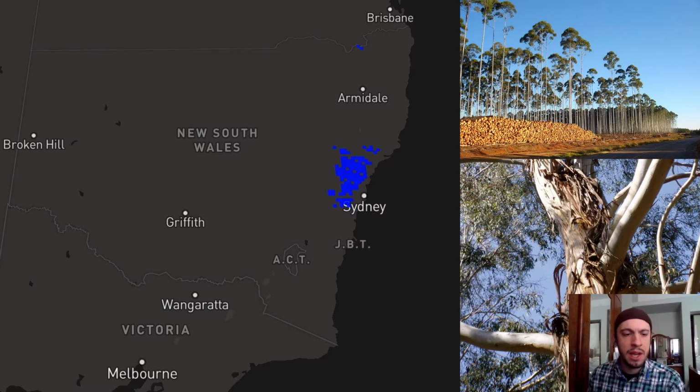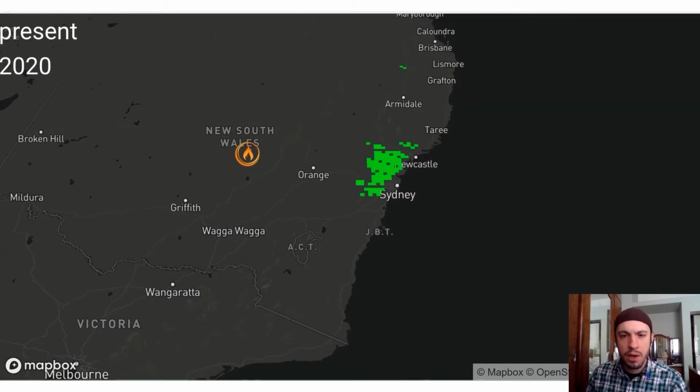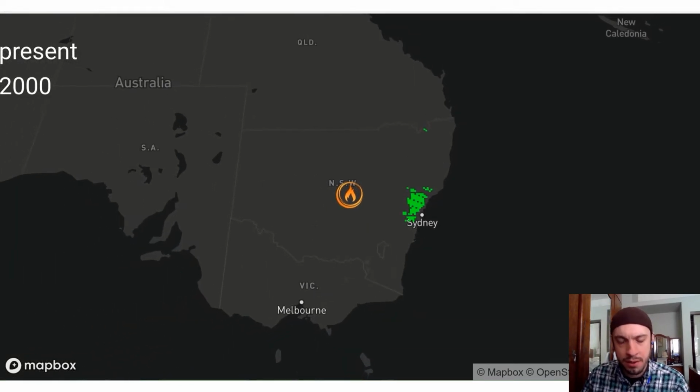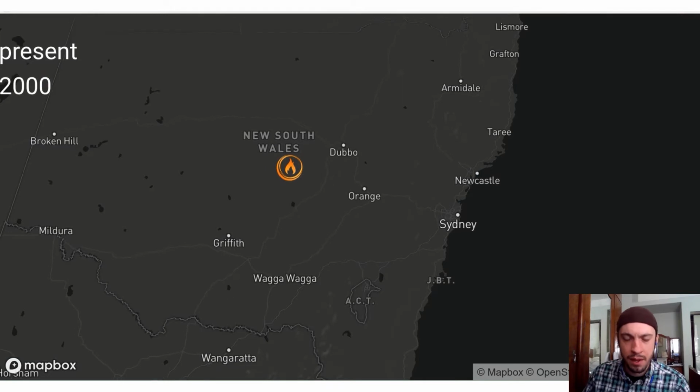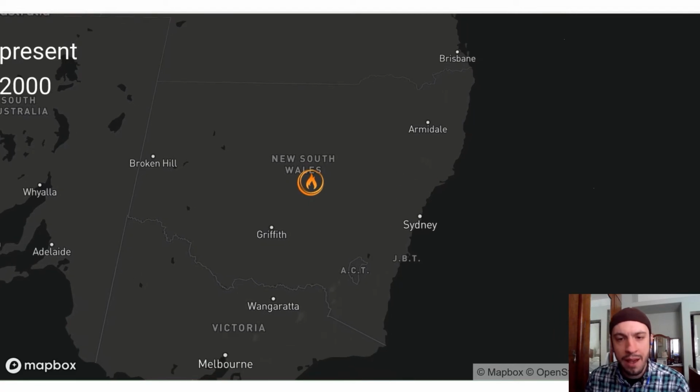So what can we do with this kind of information? Well, knowing where a species is allows us to really quantify any of the threats that it might experience going forward into the future. Just as an example of that kind of threat, I want to share with you a set of fire intensity layers that have been calculated by a group of scientists at the University of Connecticut. And these basically aggregate the intensity and location of wildfires in the New South Wales region. So what you're seeing here is